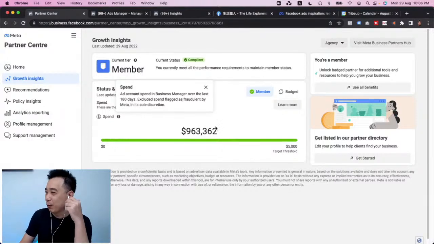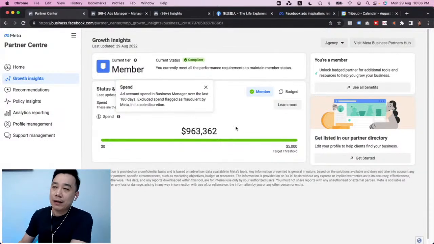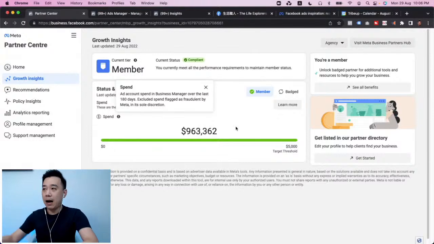So actually we reduced already. I think a couple of weeks ago we were reaching 1 million, but this is essentially US dollars. In the last 6 months, my clients have spent almost $1 million in Facebook advertising. So that's the kind of amount that I am overseeing, and I'm advising clients that are really spending big. I'm not doing this to brag, but just want to give you guys some idea about the opportunities I have to work with different clients from all around the world.